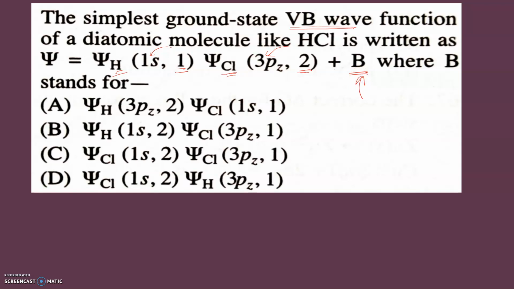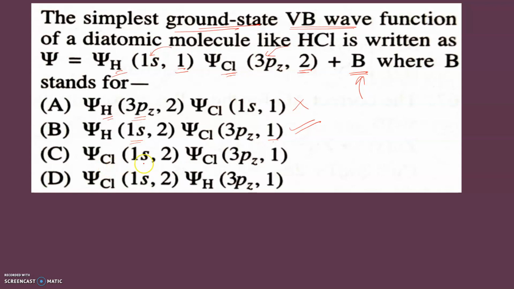By analyzing the options, in option A, electron 2 is associated with the hydrogen atom, that is correct, but it is given as the 3pz orbital. Since the wave function is a ground state wave function, for the hydrogen atom it should be 1s. So electron 2 is supposed to be in 1s, but it is given as 3pz here, so this option is wrong. What about option B? Electron 2 with the hydrogen atom. Yes, this is correct, and it is given as the 1s orbital, so this is okay. Electron 1 is present in the 3pz orbital of chlorine. Yes, this is supposed to be the correct option.